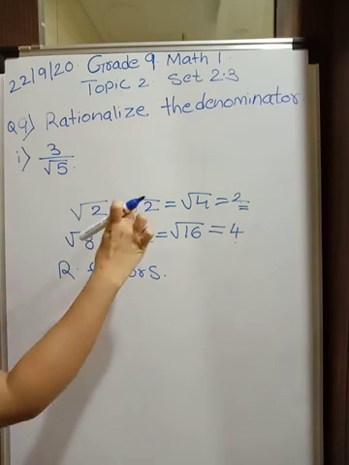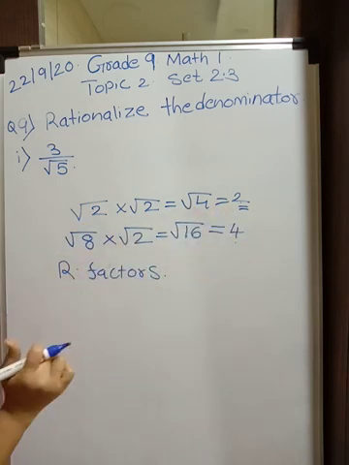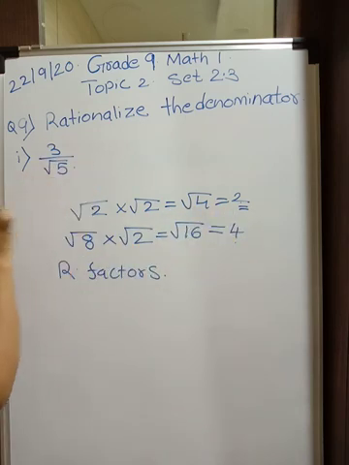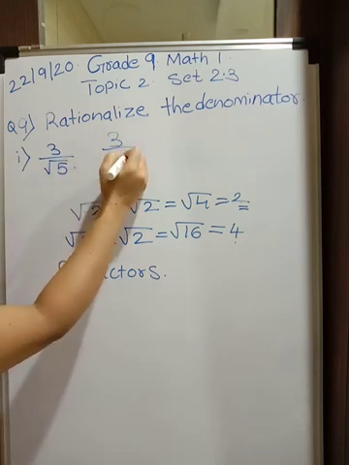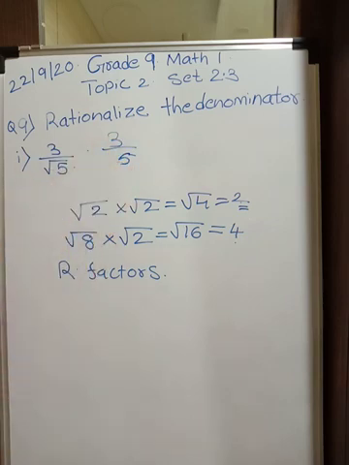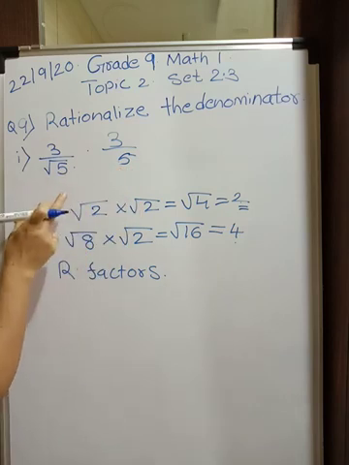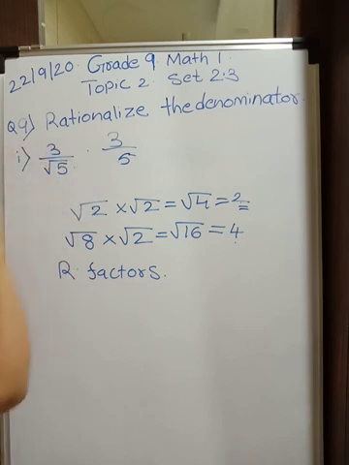Now, the first thing is, why do we do this? Why are we converting this surd into a rational number? Now look at this number. The denominator is root 5, which is a surd. Now understand that it is easy to use numbers with rational denominators rather than numbers with surds. See, 3 upon 5 can be easily used for any purpose. It is difficult to do operations on these numbers. And therefore, we should be converting this surd into a rational number. That process is called rationalizing the denominator.